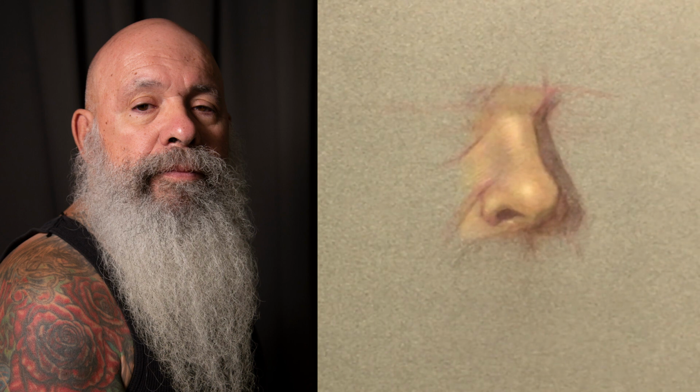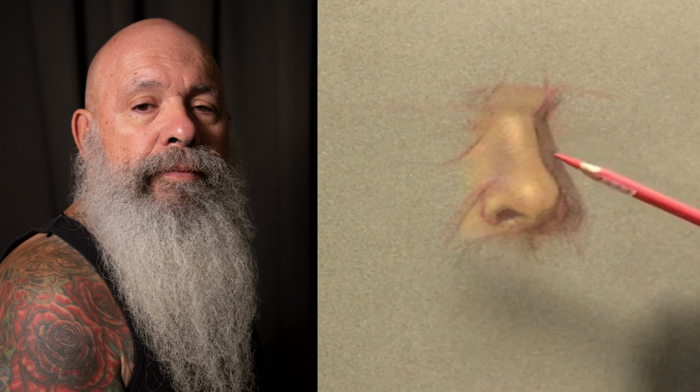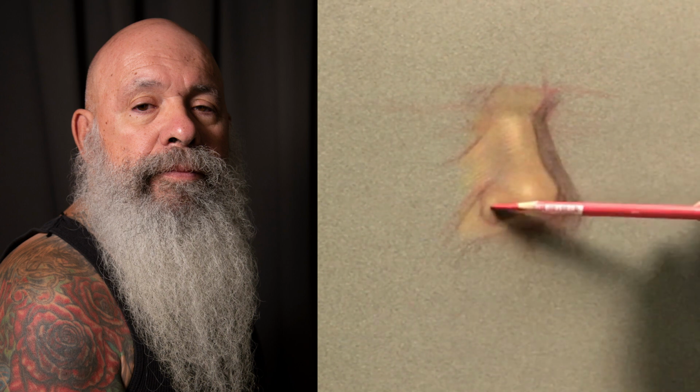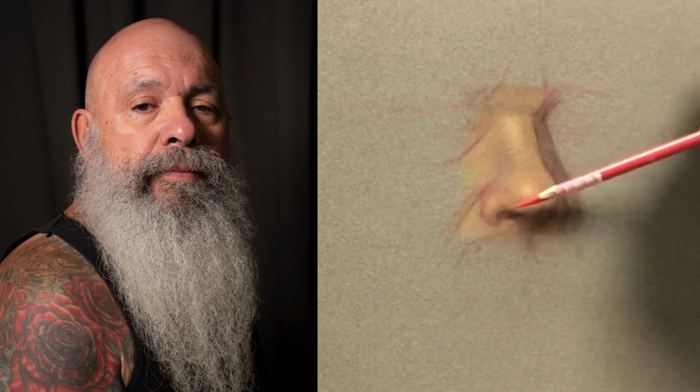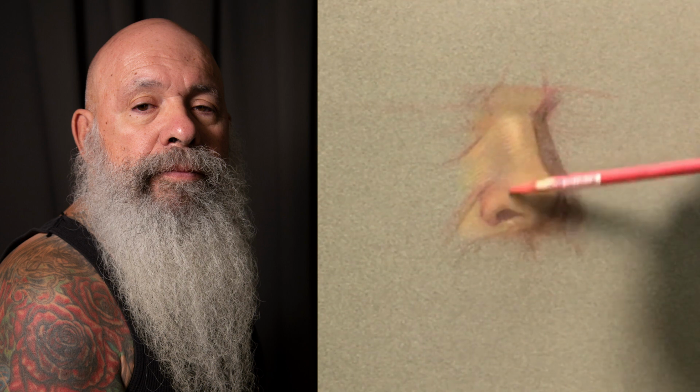The next color I'm using is 325. Got the warmth colors. It's like light red. I put some of the redness around the nose. If you notice in human face, the nose is pretty warm. Top of the nose is warmer,